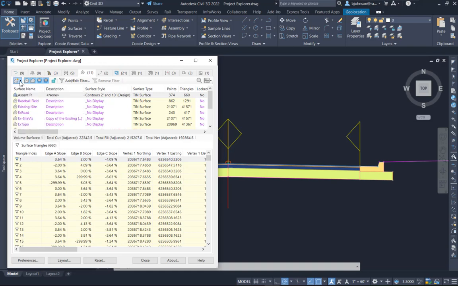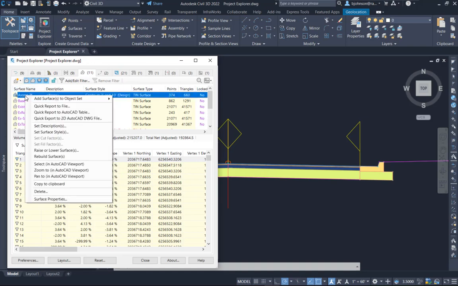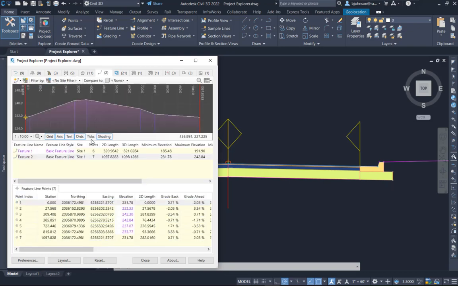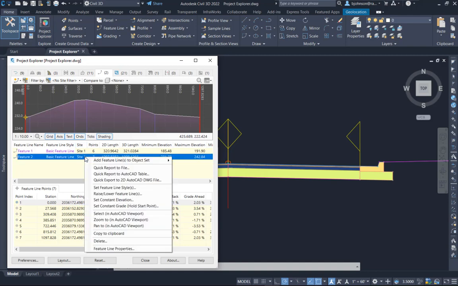Some objects, such as surfaces, feature lines, and pipe networks, have specific editing features. So if I right-click on a surface, it gives me tools such as the ability to raise and lower the surface, rebuild the surface. Feature lines give me tools to be able to work with the feature line and make edits to it. Pipe networks